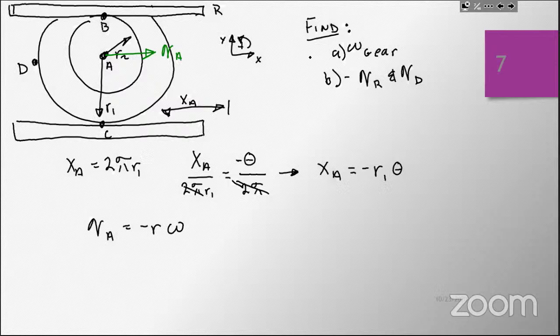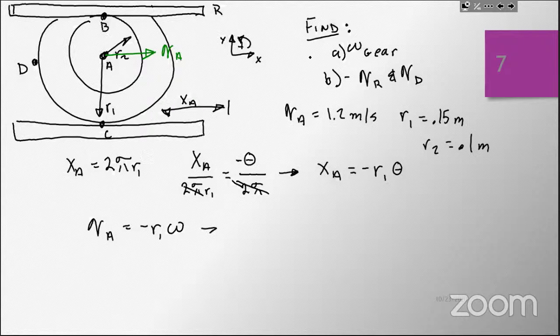VA was what? VA was 1.2 meters per second. R1 was, sorry, this is R1. Let's write down VA is 1.2 meters per second. R1 is equal to 0.15 meters and R2 is equal to 0.1 meters. Right, so